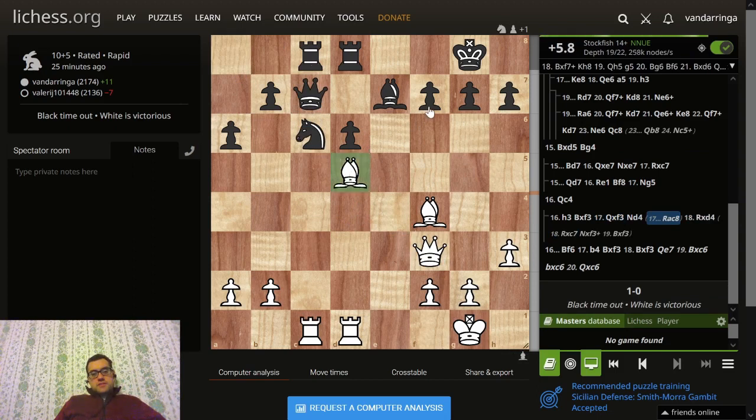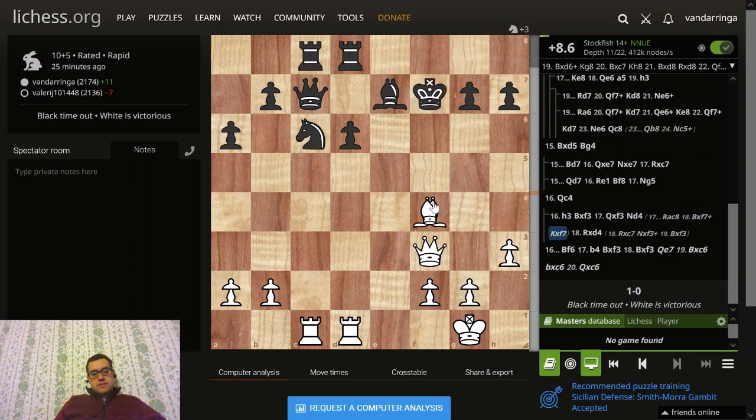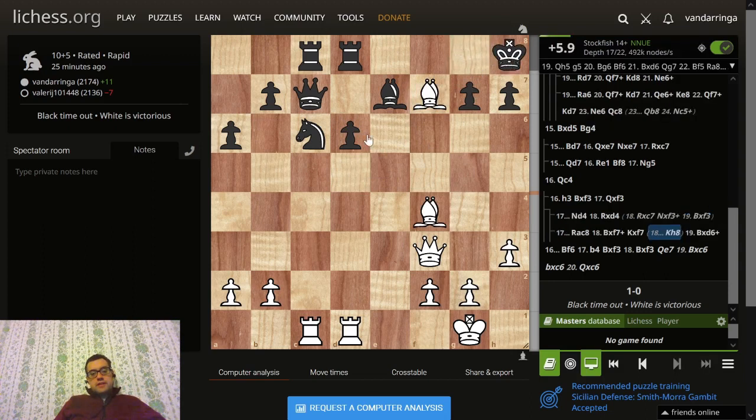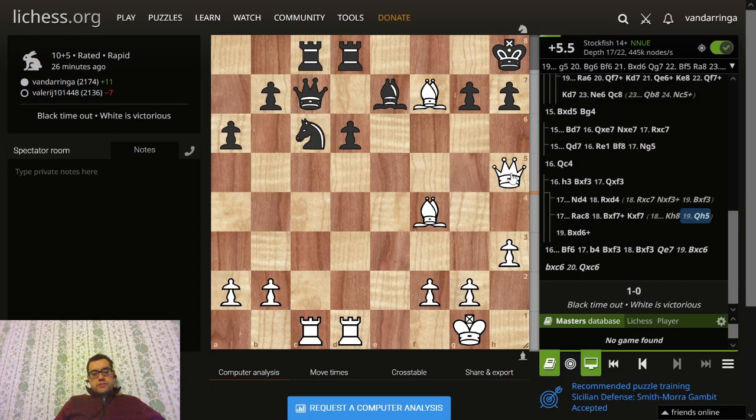Now bishop takes f7 is killer, because if he takes it, he's losing his queen with the discovered check. So king h8, I've got my pawn back. His pawn structure is terrible compared to mine. And I've got pressure. Threatening bishop g6 here, and there's no... I think that would be...